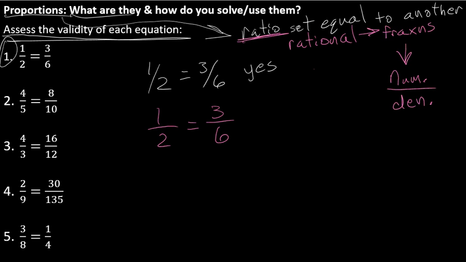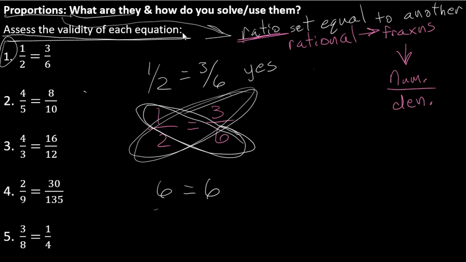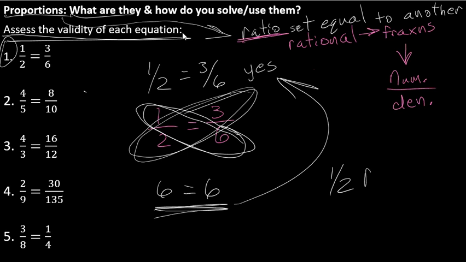is to cross multiply. Basically you're just going to circle like this with a little butterfly looking thing. You've done this before in 5th and 6th grade, and hopefully after that as well. So we're going to do top times bottom, meaning 1 times 6, so that would be 6, is equal to bottom times top. So 2 times 3, which is also 6. 6 is equal to 6, and this proves the validity of this equation. So 1/2 is proportionate